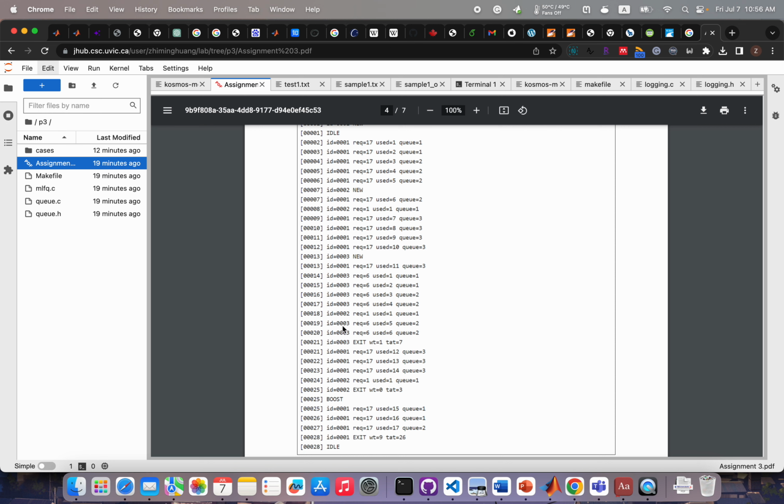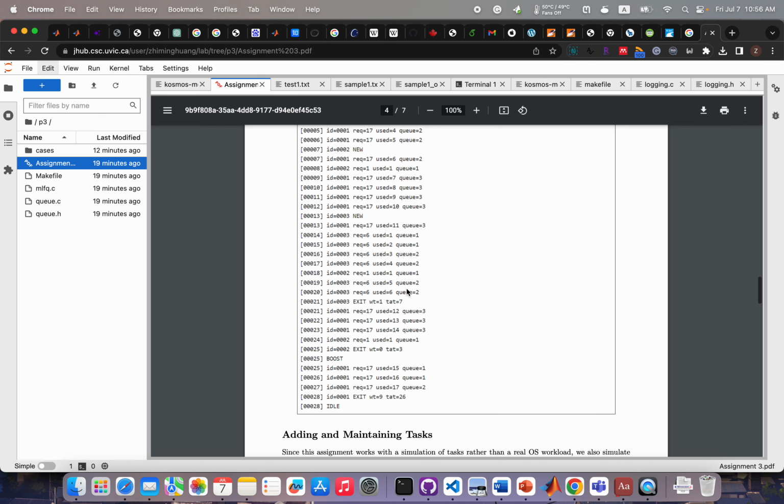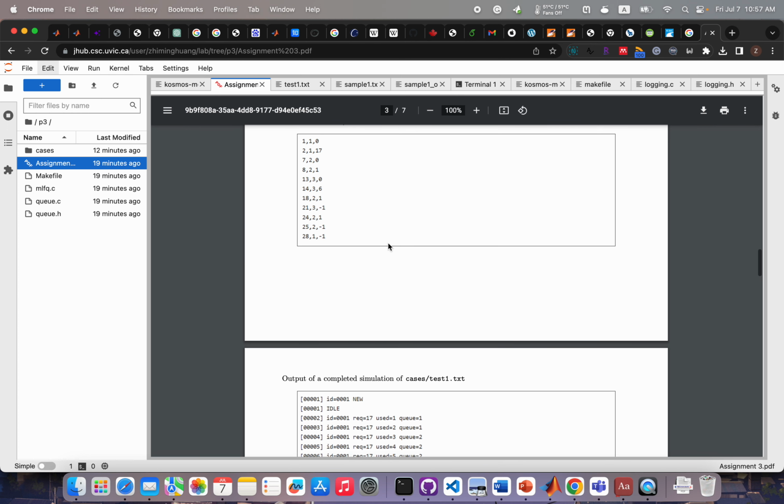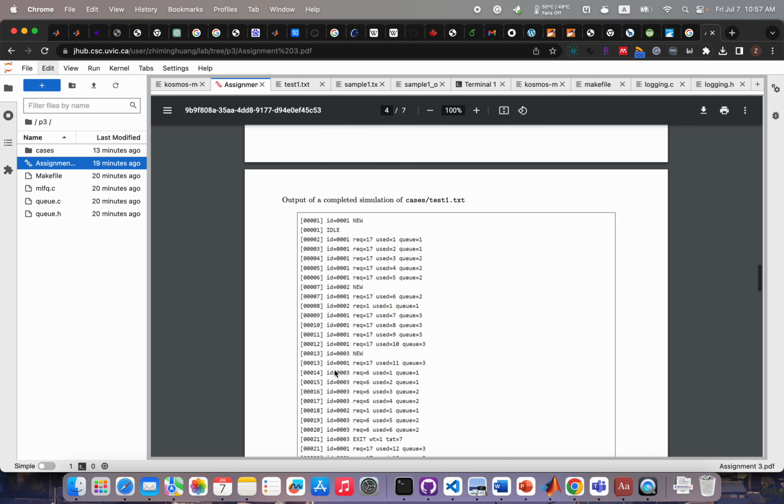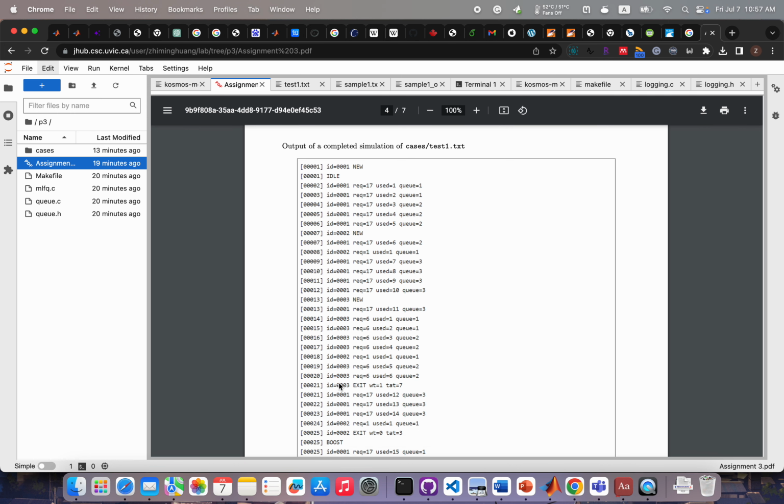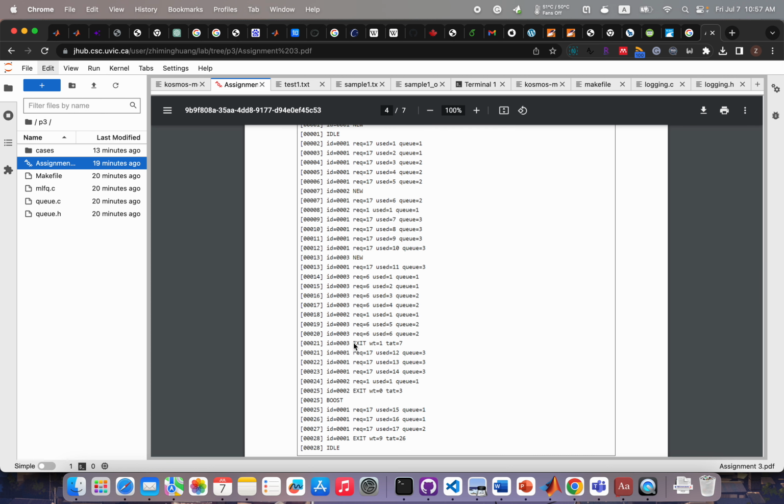So at the next tick, we can process task 3 again. Okay, so at tick 21, task 3 initiates a termination process, and because there are no CPU bursts left, task 3 will exit, and with